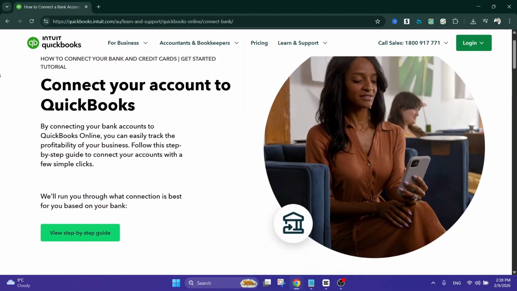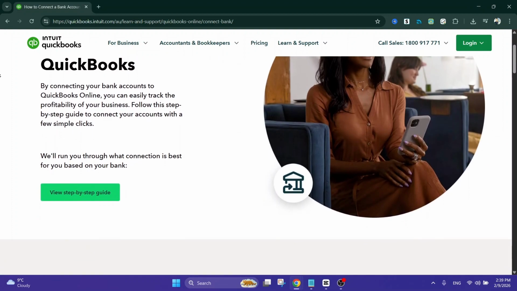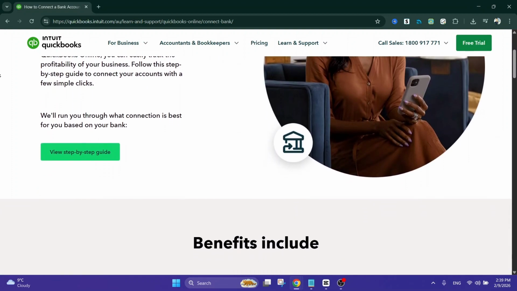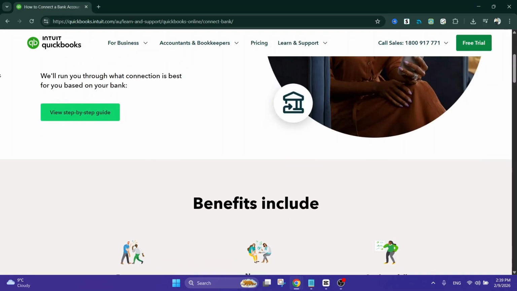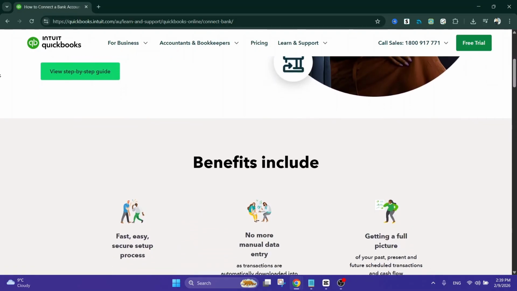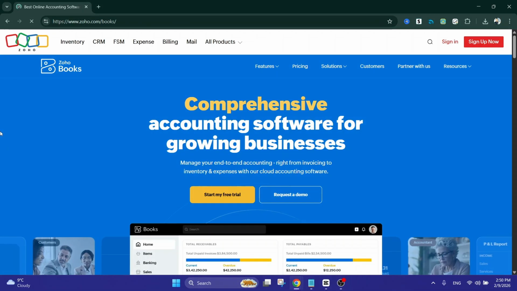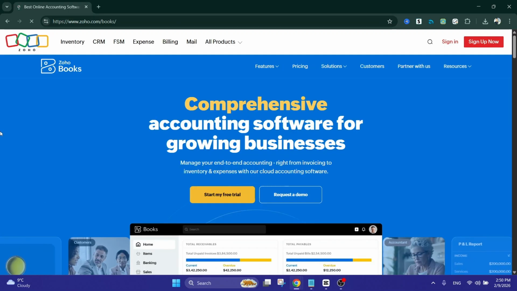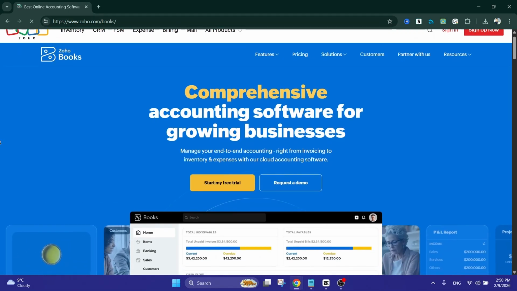In summary, QuickBooks wins for sheer accounting power and extensive integrations, while Zoho Books shines with ease of use and seamless integration into a broader business suite. Your best choice depends on your specific business needs, budget, and whether you plan to tie your accounting software into